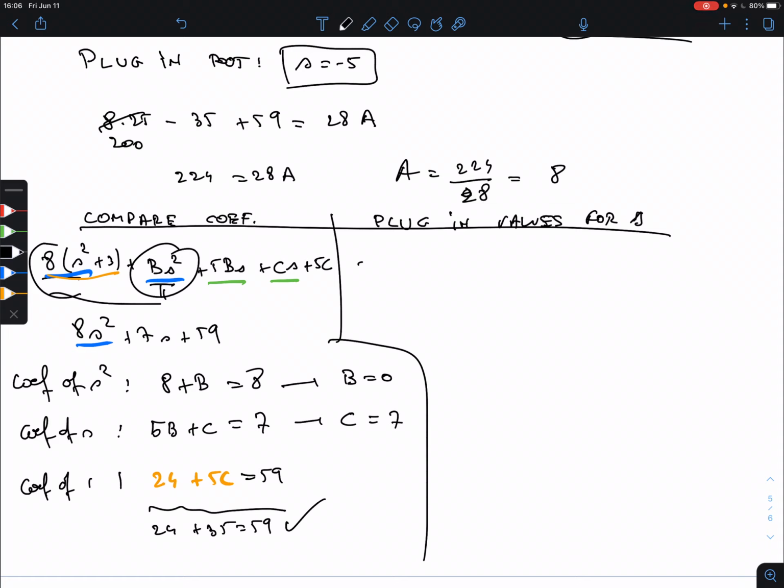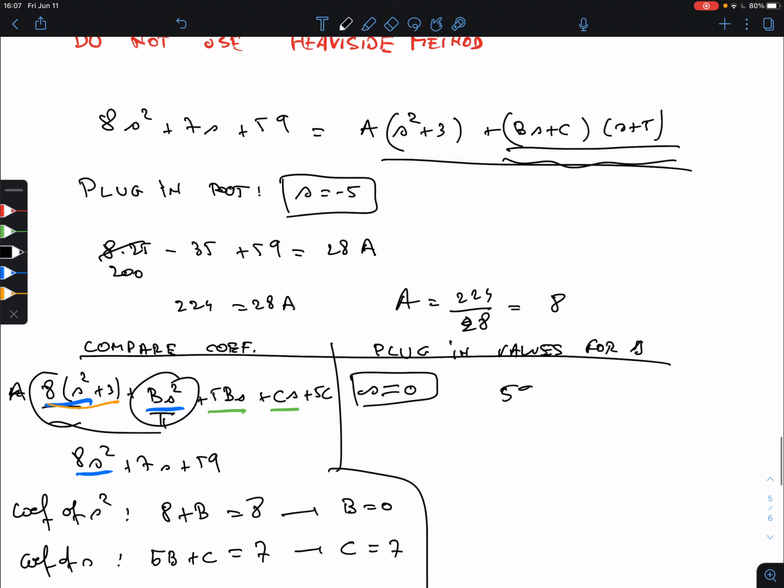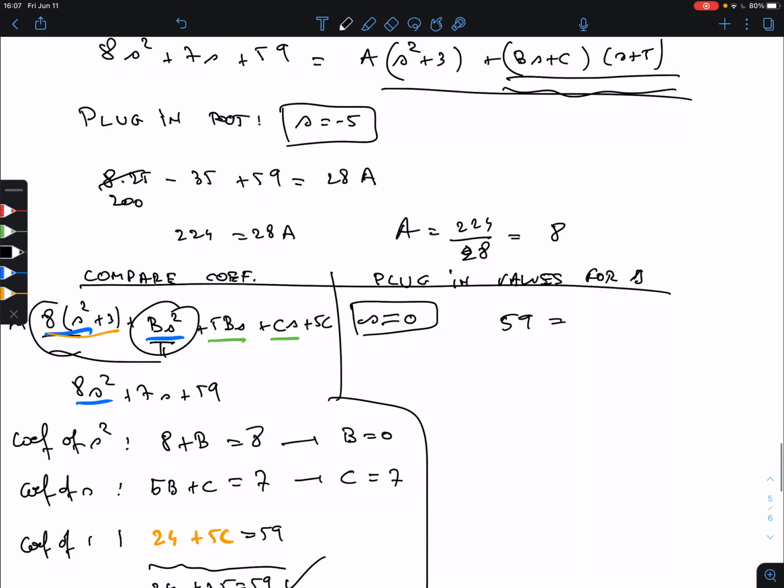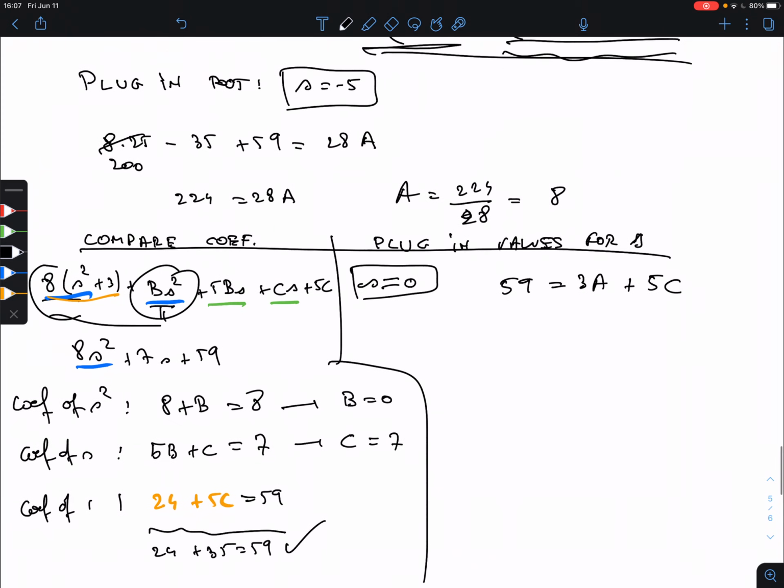already used that. So if I plug in s equals 0, that's the most obvious choice first, then the left-hand side becomes 59, and what does the right-hand side become? Well, the b disappears, and if I plug in 0 here, this becomes 0, and this is 30, so I get just 5c. Sorry, I also have to plug it in here. So I get 3a plus 5c. Don't forget there's a term, but a was 8, so 59 is 24 plus 5c, so bring this to the side, and I get 35 equals 5c, and I find that c is 7,